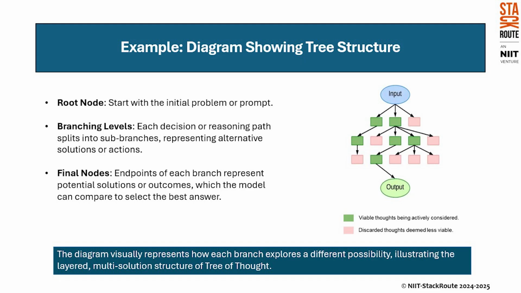Imagine a tree diagram to represent this approach. Root node. This is where the problem or prompt begins. Branching levels. Each branch represents a different reasoning path or decision, splitting further into sub-branches for alternative solutions. Final nodes. These are the endpoints of each branch, showing the potential solutions or outcomes that the model can compare to find the best response. This branching structure shows how tree of thought prompting works, offering a layered, multi-solution way for the model to explore and evaluate multiple